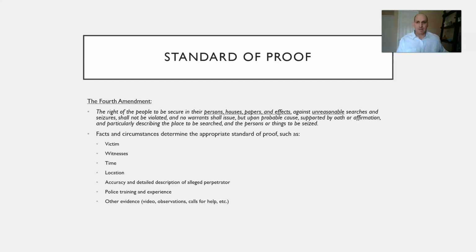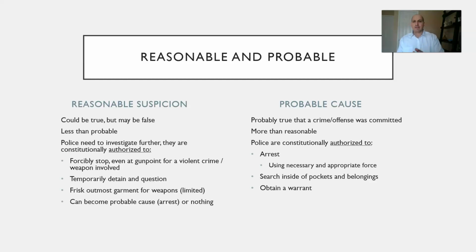Okay. All right, so I want to look at reasonable and probable really quick. Reasonable suspicion, again, is lower than probable cause. It could be true, but it may also be false. It's less than probable cause, because if you have probable cause, then the person would be under arrest. This is the necessary amount of evidence that the police need to investigate further. And at this level of proof, though, they are constitutionally authorized